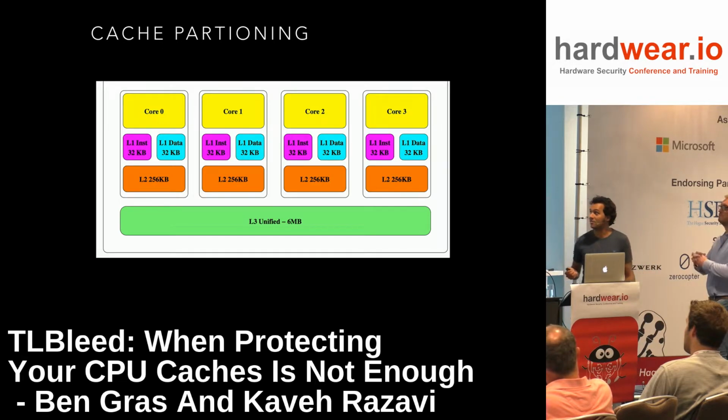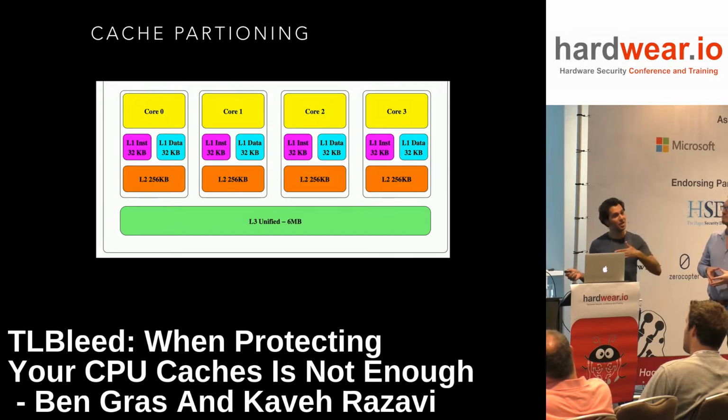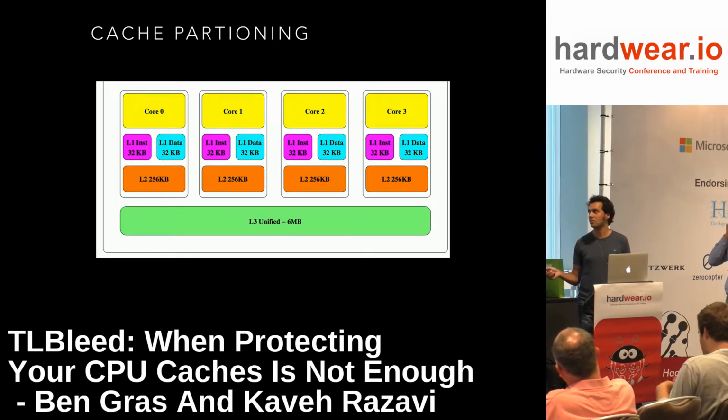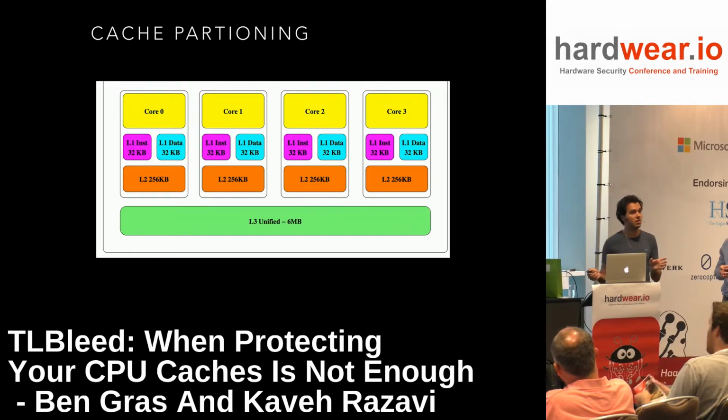So the first one is, it basically tries to partition the cache. Here you can see the first diagram that I showed you earlier. And here you can see that the L3 is shared between these cores. So assume that I want to protect the first core from the second core. What I can do is I can partition my cache in a way that core 0 does not have access,